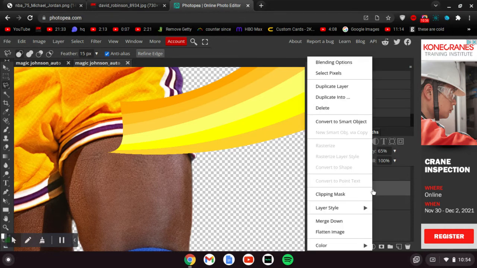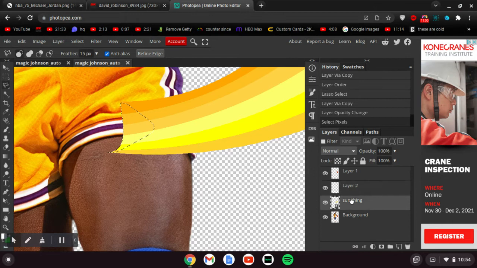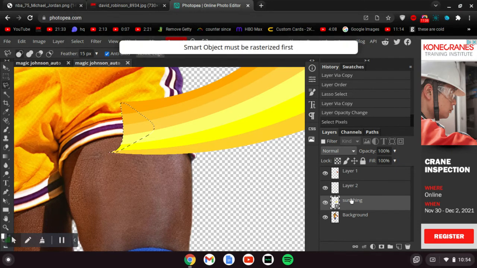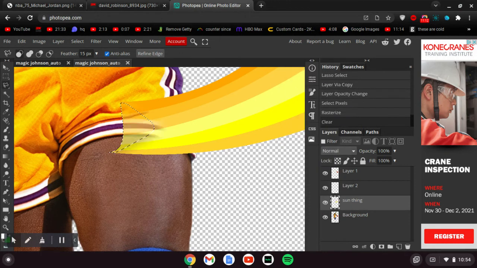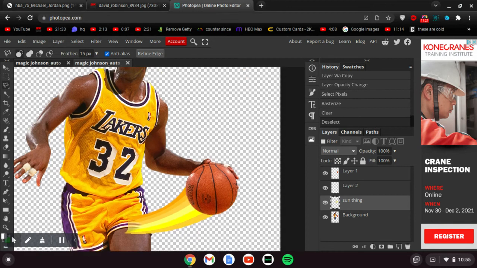of the Control+J layer, and then you want to right click, select pixels, and then click on the original sunbeam again, and then click backspace. It's not rasterized, so you just want to right click on it, rasterize it so that you can delete this from that. You want to click backspace, and then that's deleted. Go ahead and click Control+D, and then